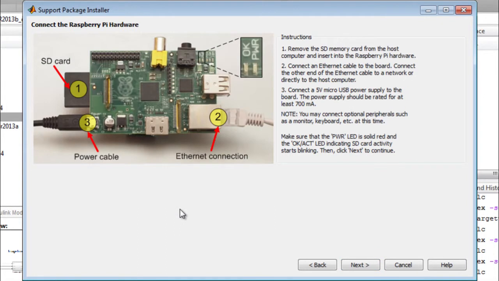Okay, we've completed the firmware step, and now we need to connect up the hardware. First thing we do is grab the microSD or SD card from the host PC and put it in a Raspberry Pi. We connect an Ethernet cable to the Raspberry Pi and to our host PC. I do this through a USB to Ethernet adapter. And then you connect a micro USB power supply and connect that up to a USB port on your host PC or a hub. Once you do all that, give the Raspberry Pi a minute or so to boot up,